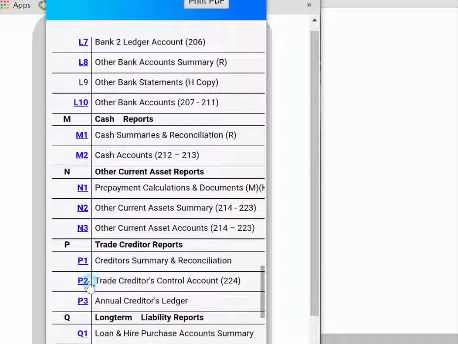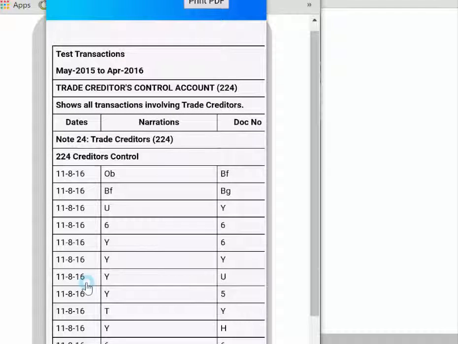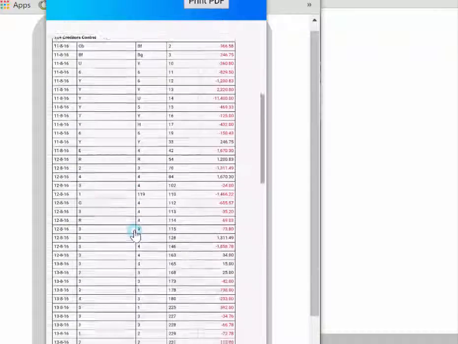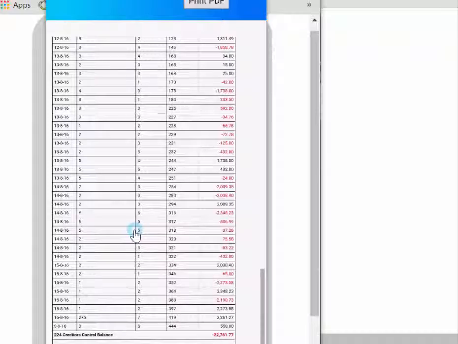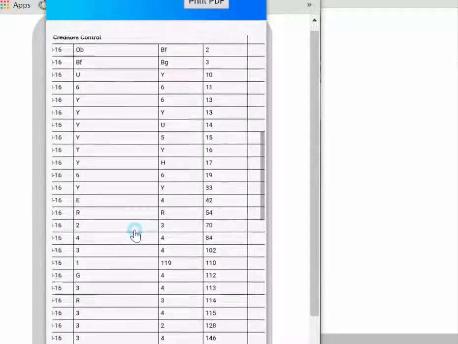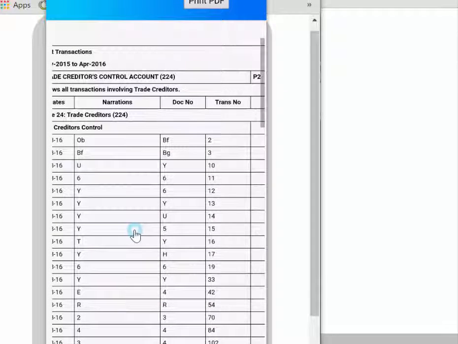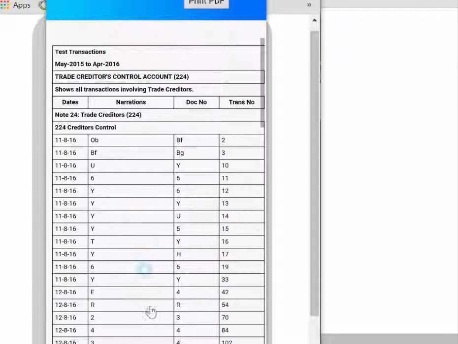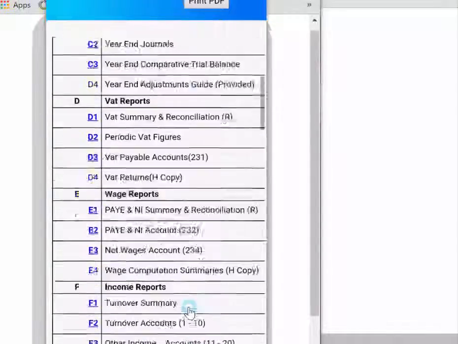trade creditors control account, that is P2. Click this button. And remember, all entries that end up in the creditors ledger are duplicates of what is here, starting from opening balances to everything. And this is the creditors control account. This one is to control double entry in the general ledger. That's account 224. And let's scroll up again